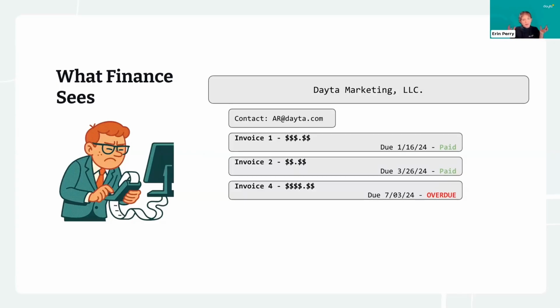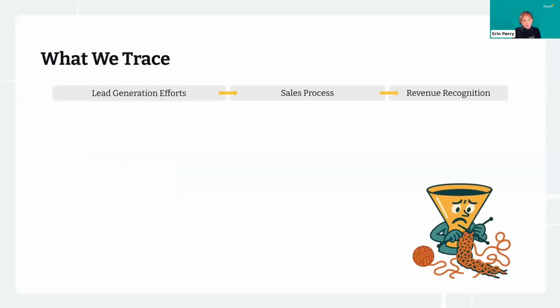And the big picture problem that we're trying to solve here is that out of the box, generally, our operational and sales software just isn't built to make attribution across these systems simple or easy. That's not to say it's impossible, but it requires a decent amount of thoughtfulness and planning. So ultimately, this is what we're trying to accomplish.